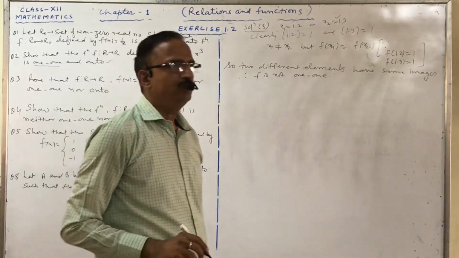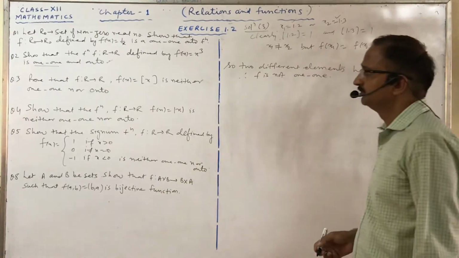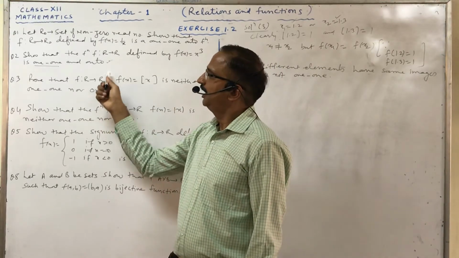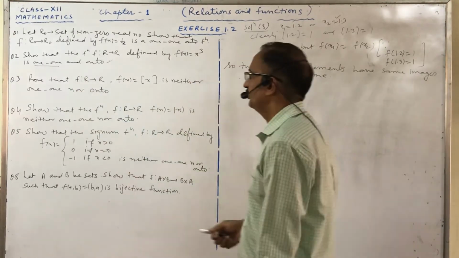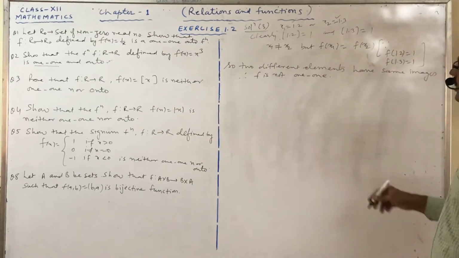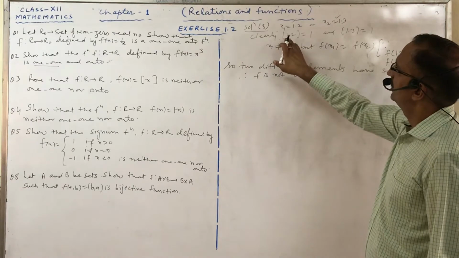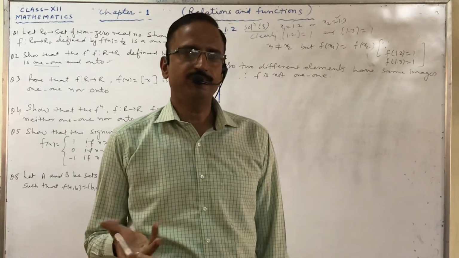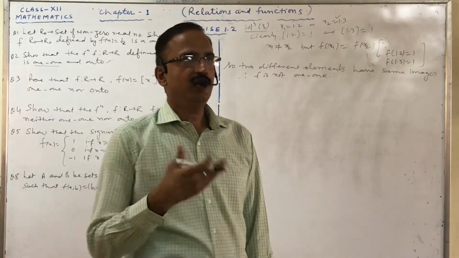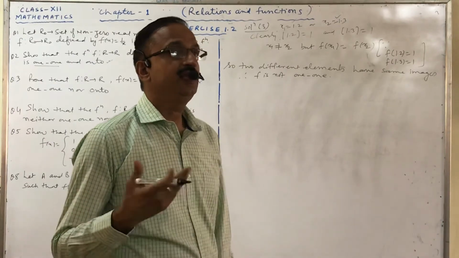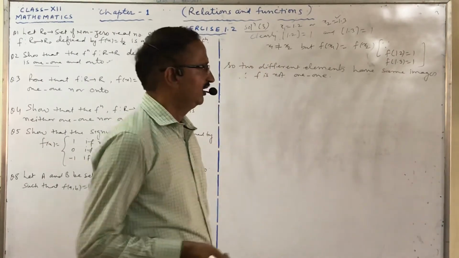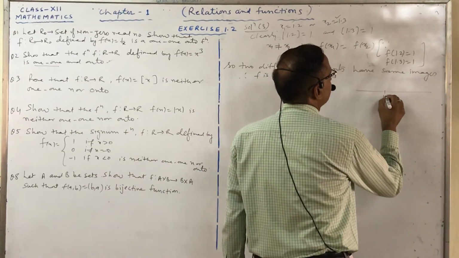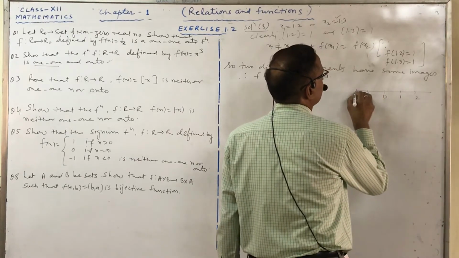Now come to onto. For onto, we have to prove that every element of this R has a pre-image in this R, then only it is onto. Now, as we know, the result of this greatest integer function always comes in the form of an integer, meaning the images are always integral values. But on a number line, suppose this is 0, this is 1, this is 2, this is minus 1.